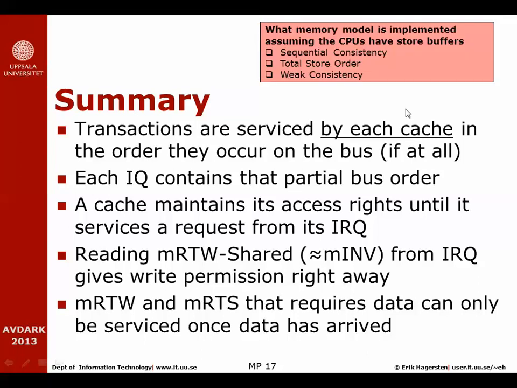Okay, so if we implement a system with exactly the same coherence here, but the CPU has a store buffer, which memory model is the strongest model we would implement in that situation? And that is the total store order, because in total store order we allow loads to bypass stores. If we have a sequentially consistent coherence on top of that, we're still going to lose the strength of the sequential consistency, because the store buffer allows the